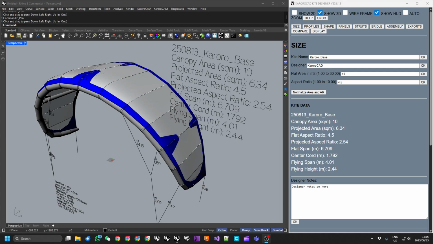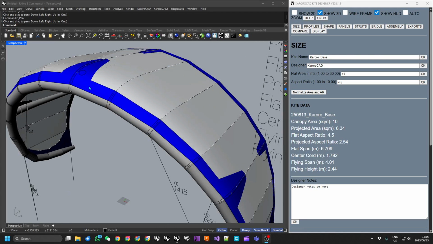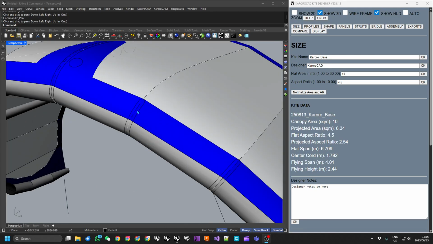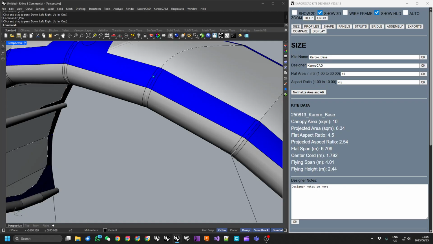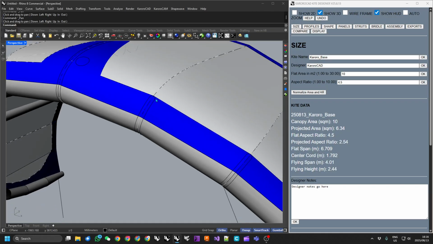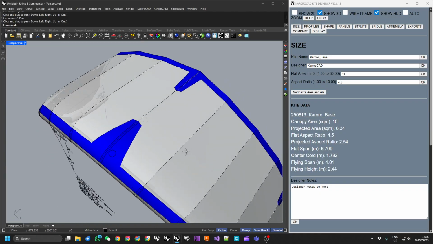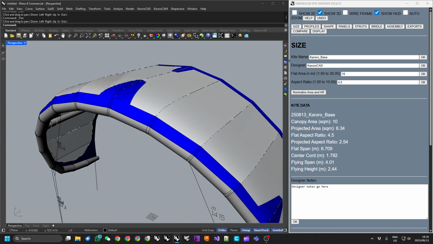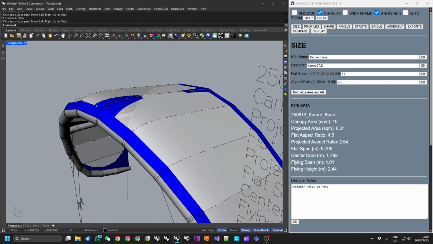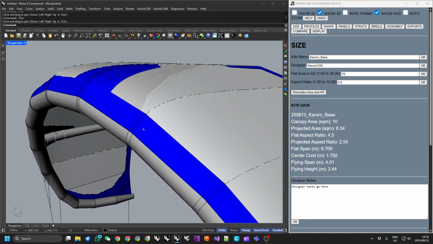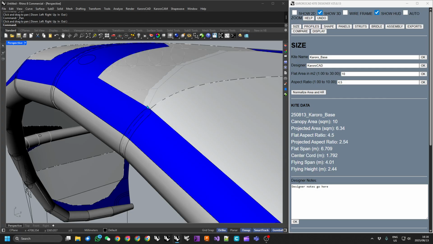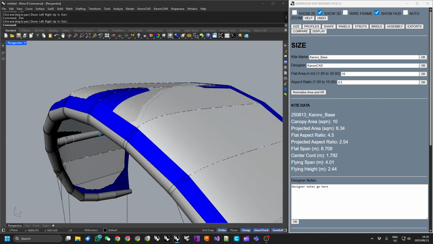Today I'm just taking you through a little update in KaroroCAD Kite Designer, and that is the addition of these intersegment seam reinforcement markings and patches on the latest version of KaroroCAD, this 25.8.13. So we can see, when we zoom in here, that these are marked on the 3D